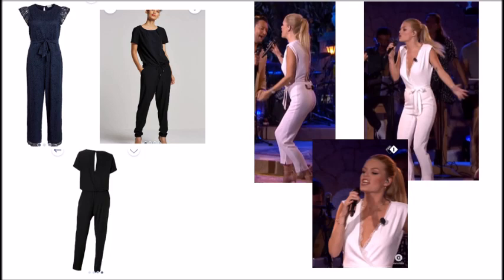Then I was doubting how wide or how tight I wanted the pants to be. Because my fabric is rather thin, and if I make the pants as tight as the white one, that won't look nice, especially on the bottom with those slits. That won't work with my fabric. So I'm going a bit in between the blue one and the white one. The blue ones are two different jumpsuits, but I think the first one is wider, and then there's a really tight one with cuffs on the ankles. I'm not going to do that, but I'm going between the left blue one and the white one